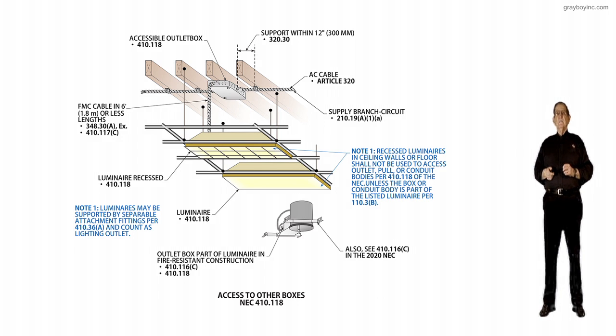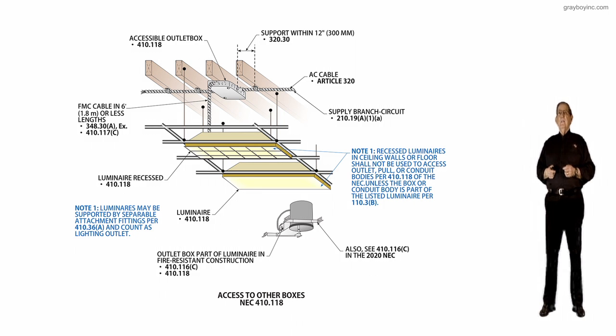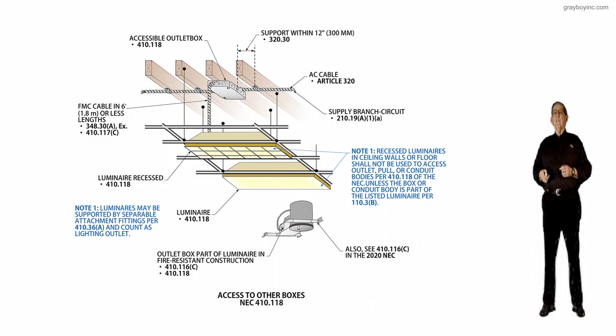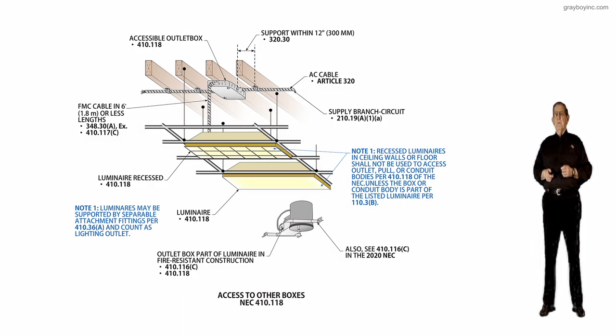And then, of course, the system is supplied with AC cable, and we could just as easily make the fixture whip down with AC cable if the installing electrician so desires to do so. Now, I would like to take a look at the recess fixture down at the bottom, and notice the outlet box is part of the luminaire and a fire-resistant type construction in accordance with 110.16C as in car and 410.118. And of course, we're complying with the NEC here as